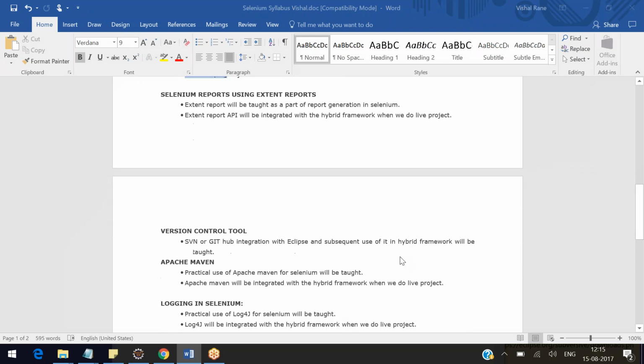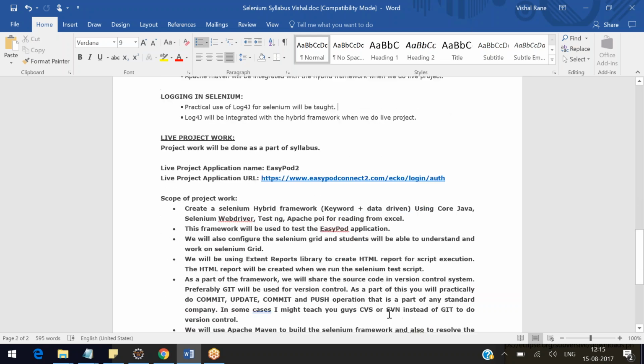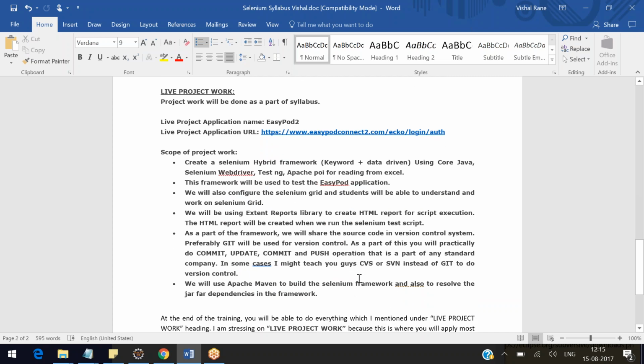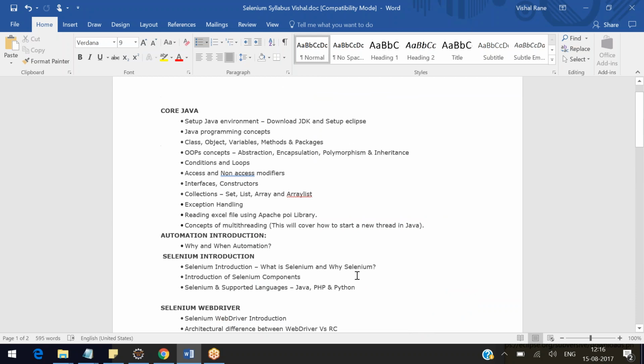Once that is done, we'll be learning some other tools like version control, Git or SVN, or Apache Maven, how to log something, how to create the text files, all those things. Once everything is done, we will be combining. And one more thing I think I have missed out here is